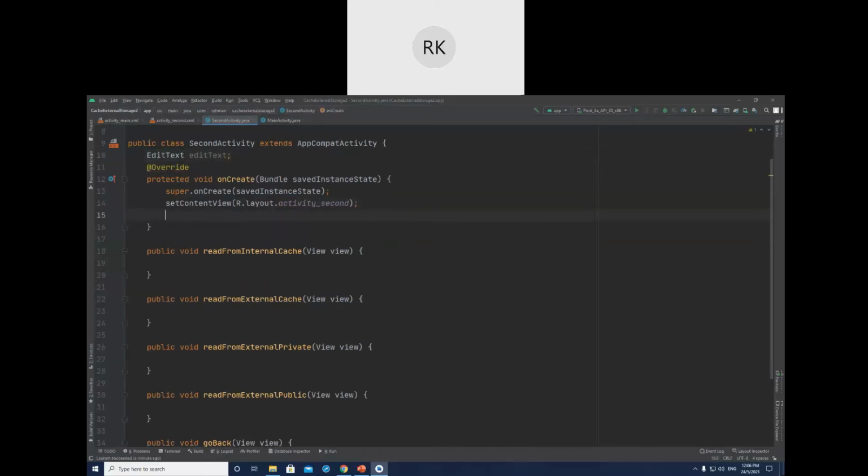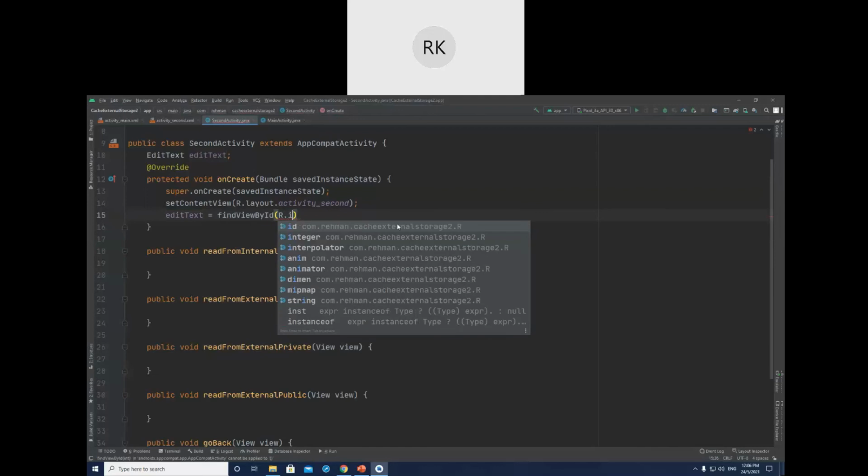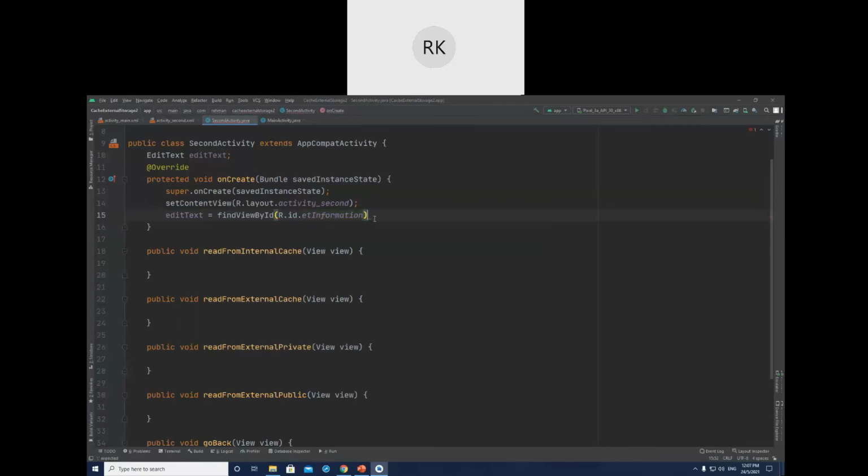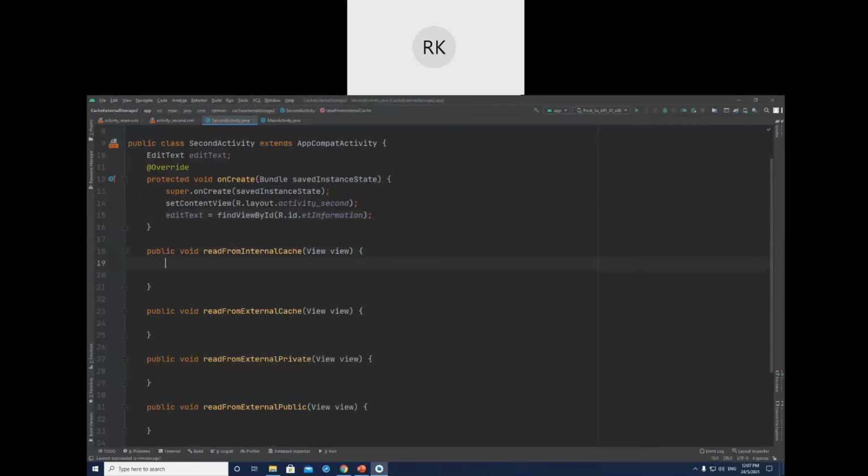EditText equal to findViewById, R.id.the edit text information. Now you see the read from internal cache is almost the same thing.